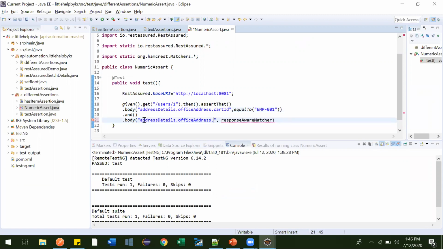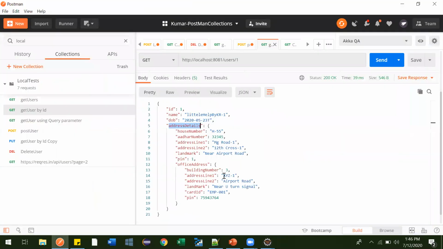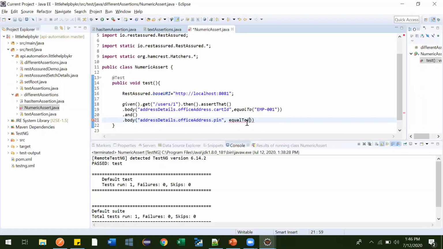Instead of cart id, it should be pin, and it should be equal to this. Perfect, right?